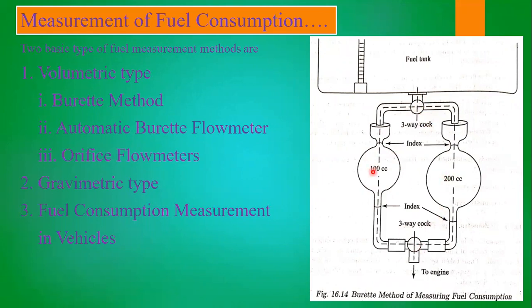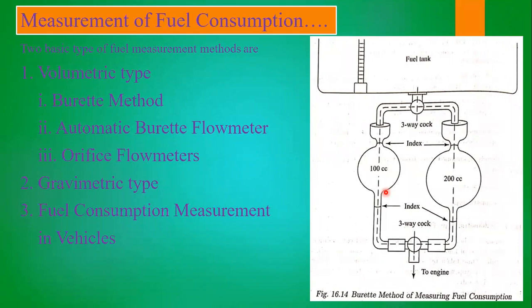Now we will start the engine, and it will consume some fuel. While starting the engine, we should ensure that it runs at constant speed. Otherwise, if the speed varies, the fuel consumption is going to vary automatically. So we need to do the engine operation at constant speed, and then only will we get particular quantities. Otherwise, we don't know the speed, and it goes to waste. Whether it is 1200 rpm, 1500, or whatever, it should be maintained at a constant speed.